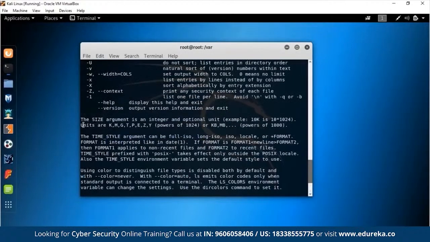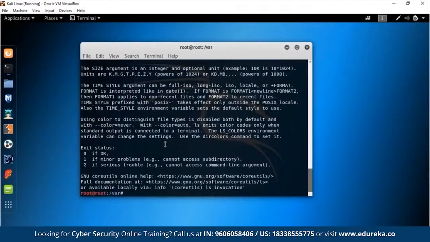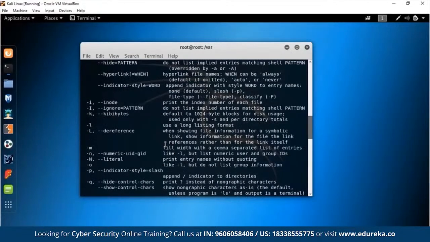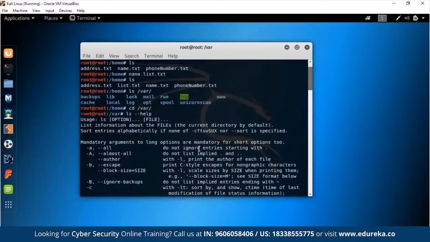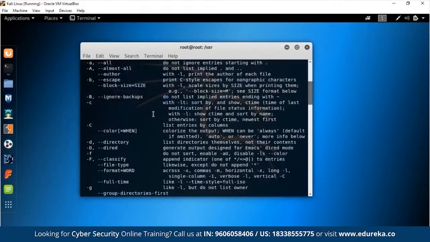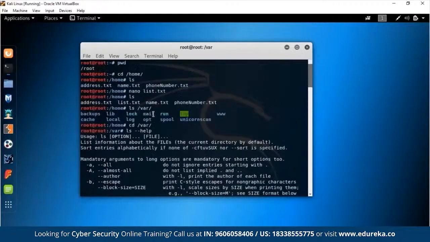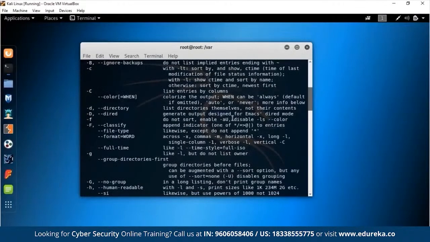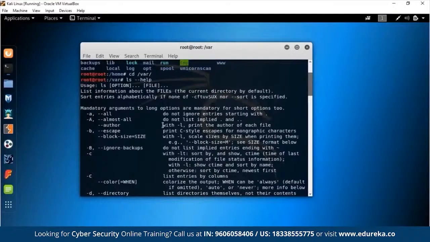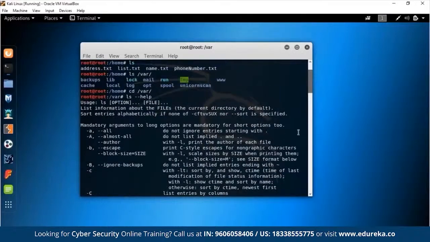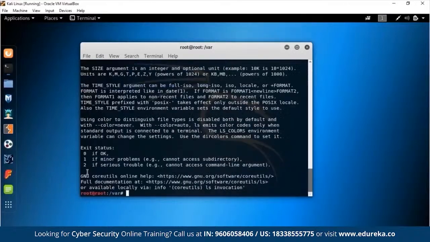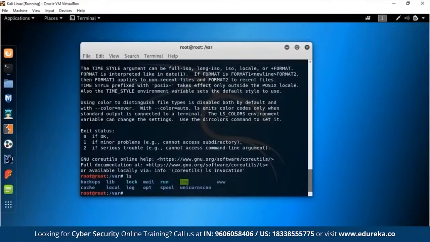So out here you see some information that is kind of tough to read, but if you go on top and scroll out here, you'll see all the flags that you can use with the command, that is ls, and how you can use them. So you can see what you use and you can read a little bit about it. So if you use -a, it doesn't ignore entries starting with dot. So suppose we were to do ls in var, let's see. So it shows us like this.